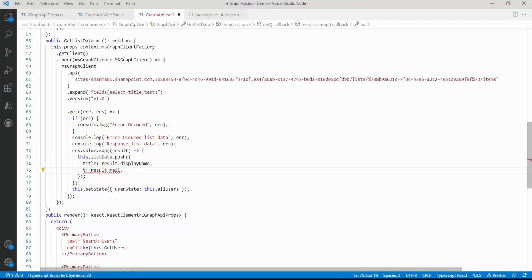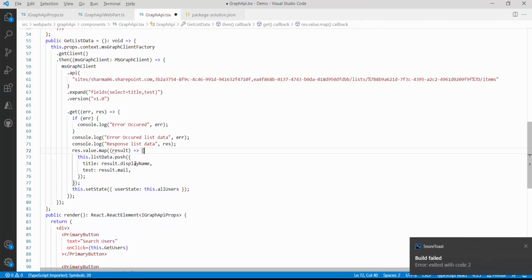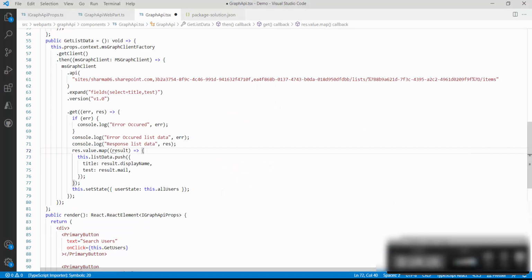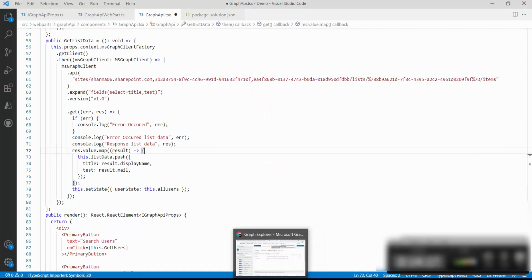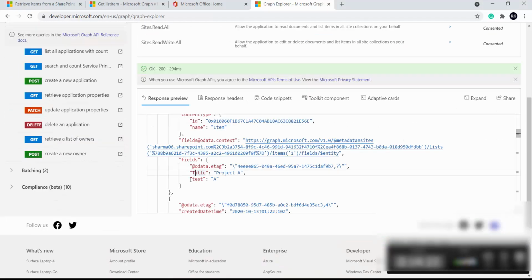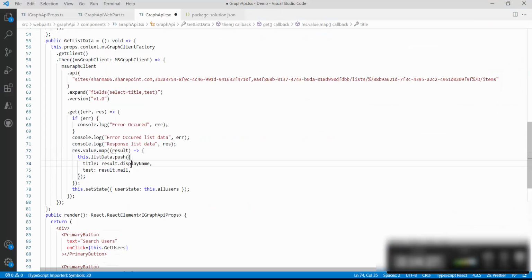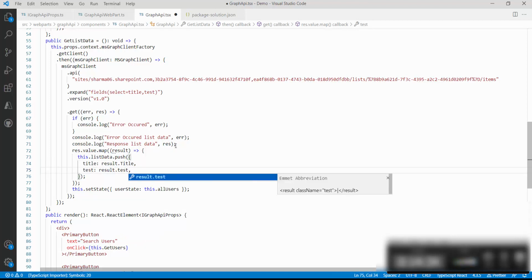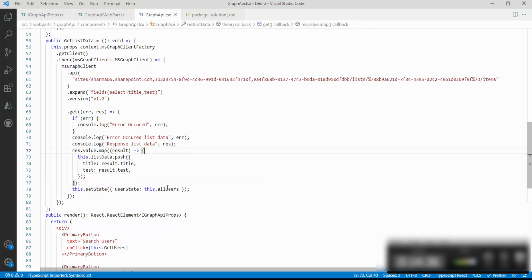Here I will change it to test, and similarly over here we have to change result dot, that we can fetch from our Graph Explorer, result dot title, T capital and T small. Fine. So I will change result dot title and result dot test, and now this should populate in our detail list.